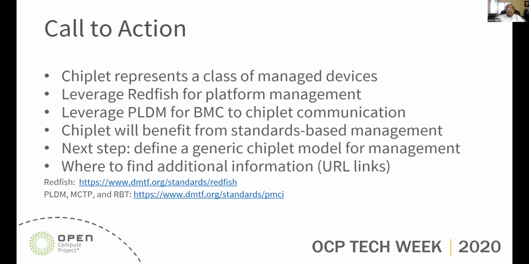I think I talked through it, but mainly, as I was saying, leveraging existing standards will help us here with standards-based management. And as Bobby mentioned, the next step is to include this generic chiplet model into the chiplet spec. You can see all the links here. With that, I think we should open up the talk for any